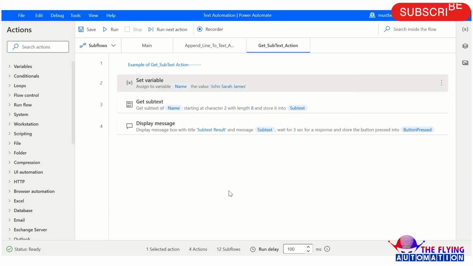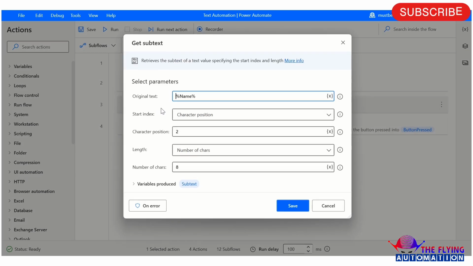After this I am using the get subtext action. In the original text parameter I am mentioning name, because this is the variable we have already created with the set variable action. For the start index parameter I am selecting character position, and for character position I am mentioning 2. For length I am selecting number of chars, and I am mentioning 8 because I want to get only 8 characters.